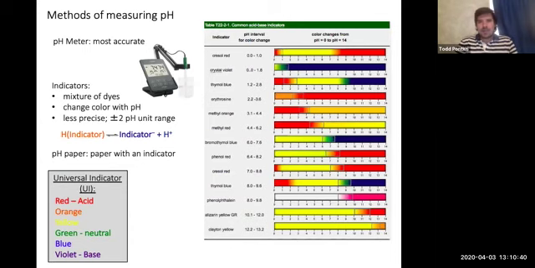And there's lots of different ways that we can measure them. A pH meter is the most accurate. You plop it in after you do some calibrating, and it tells you the precise pH of your solution. Another common thing are dyes and litmus paper. Those more rely on an eyeball test. And what you can do is, for example, with litmus paper, if you dip it into a solution and it turns bright red, that means it's really acidic. If it turns bright purple, that means it's basic. If it turns green or yellow or blue, that means it's kind of in the middle. So these are just some ways that we can actually